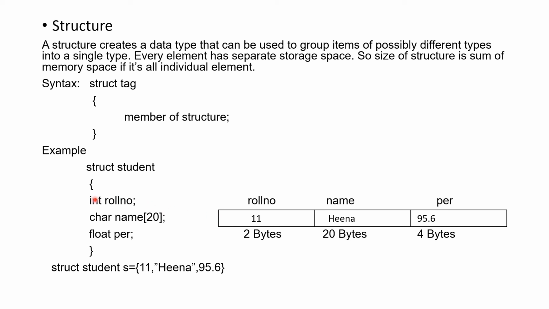See, roll number is of type integer, so 2 bytes are allocated for the roll number. Now name, which will contain 20 characters at most, so 20 bytes are used to store the name, and float requires 4 bytes, so for percentage 4 bytes are allocated. When you want to calculate how many bytes are required for this student structure, that will be the sum of all these bytes. So I will do 2 plus 20 plus 4, that is 26 bytes required to store this structure.